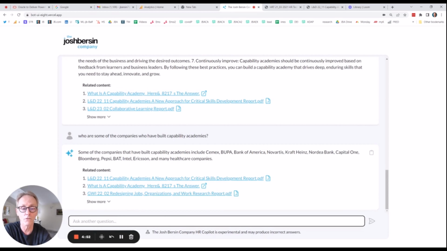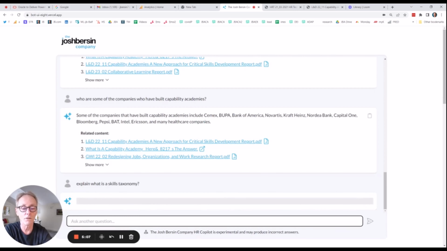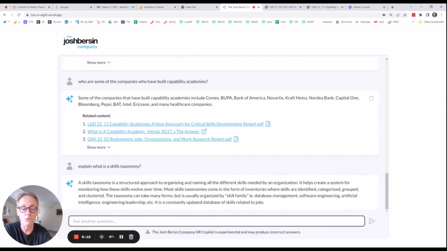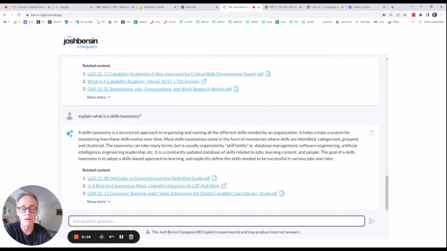And in the middle of this project, you realize you need a skills library and you're not sure what a skills library is. You think it's called a skills taxonomy, so you ask it to explain what a skills taxonomy is, which obviously is a big topic in HR right now. And you read through what a skills taxonomy is. You can see examples of a skills taxonomy, and you can start to come to grips with the issue of how to build this AI academy. So you can see this goes on and on and on.